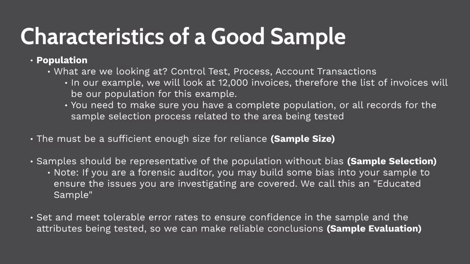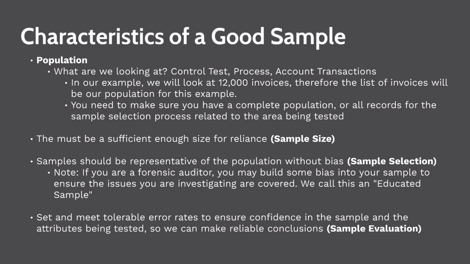One time a client gave me $32 million worth of records, just hundreds of thousands of records. And when I went out there, I did both the vouching and the tracing, which now you know what that means, and found out I didn't have everything. So come to find out that they had given me a file of this particular vendor I was looking at, and they actually had another vendor number or another vendor name in the system that they didn't give me that data. It was another 8 million records, or $8 million worth of records, I should say. So that made a big difference. So you want to make sure that you have a complete population of the data that you're going to be